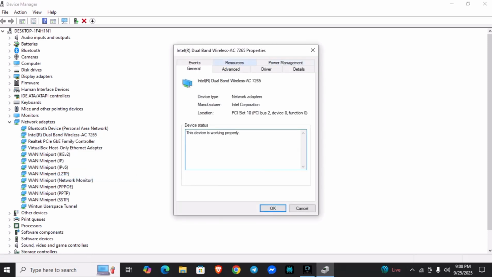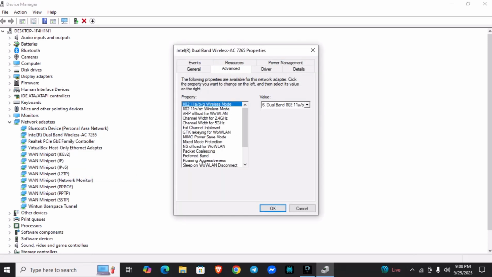After going to properties, click on advanced, and from here you can choose this 5 gigahertz 802.11a. Here after you choose 5 gigahertz, then your PC will show only 5 gigahertz of networks and will ignore 2.4 gigahertz. So keep in mind that when you set this option, all the 2.4 gigahertz networks will disappear from your available networks, and only 5 gigahertz networks will be shown. And you can also switch back to normal dual bands at any time by just visiting and changing from